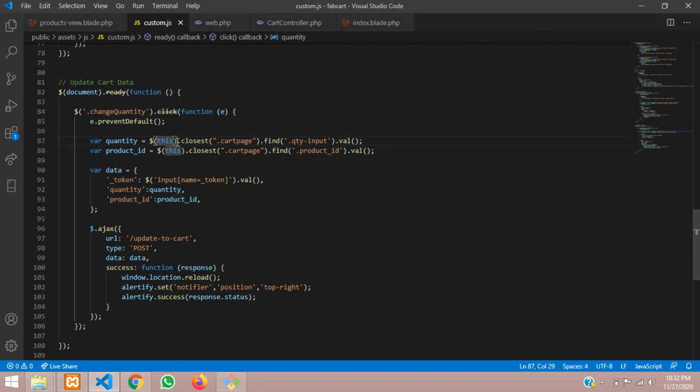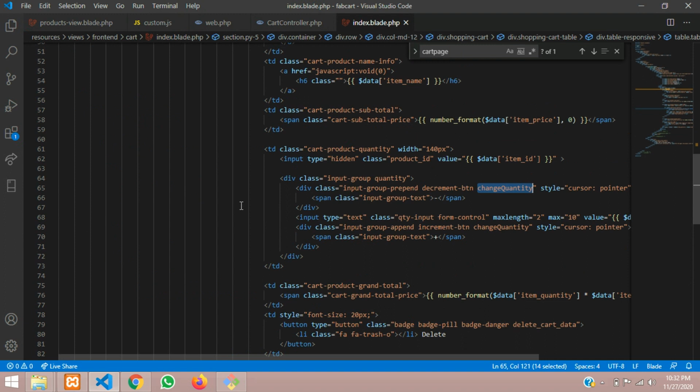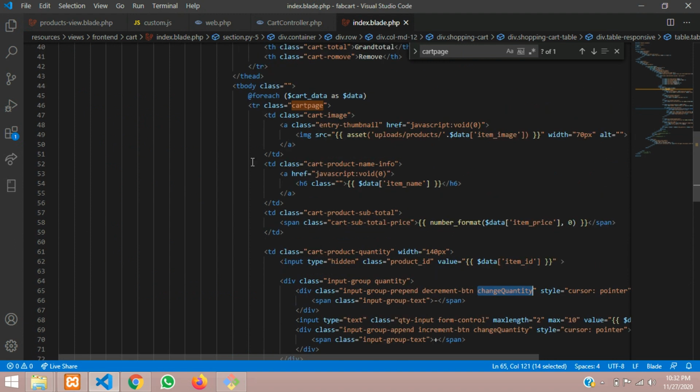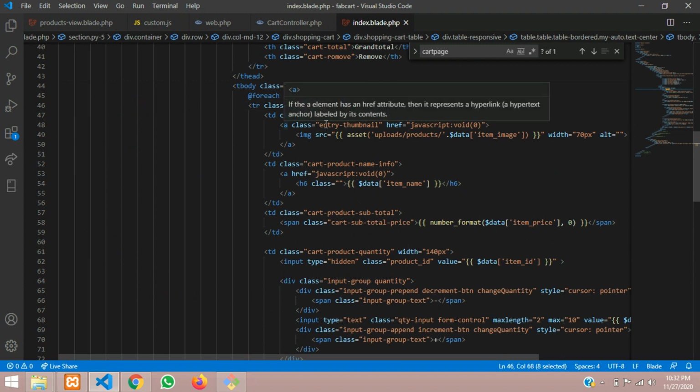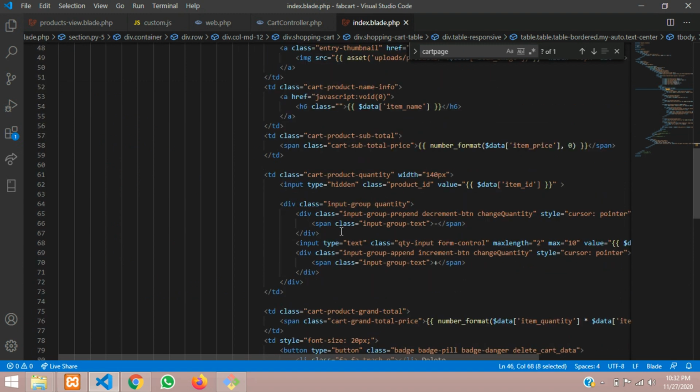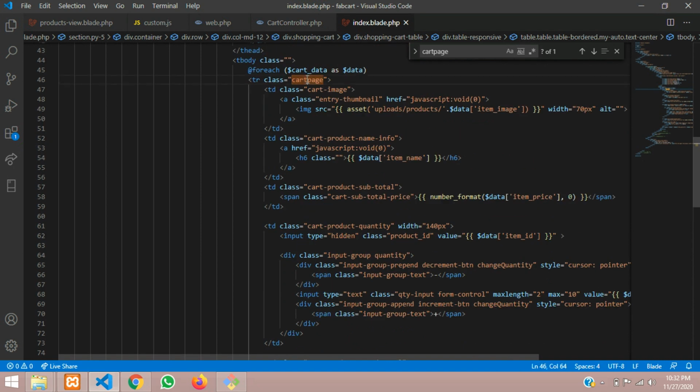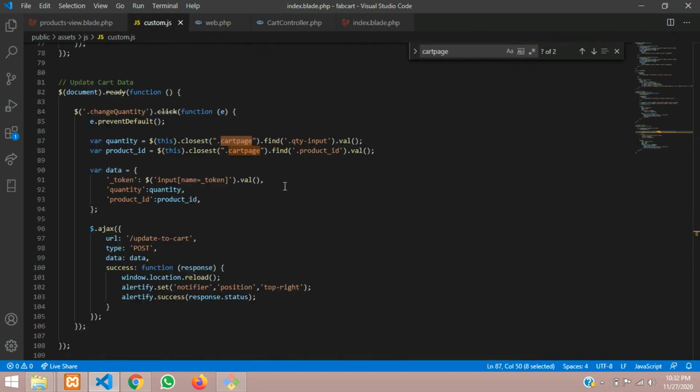As $this closest of your cart page, make sure you are adding the cart page class with a dot. Let's find that cart page: this is our table, this is our tbody and this is our table row. Inside that table row I have made the cart page. So from that closest of cart page, what are we going to get?